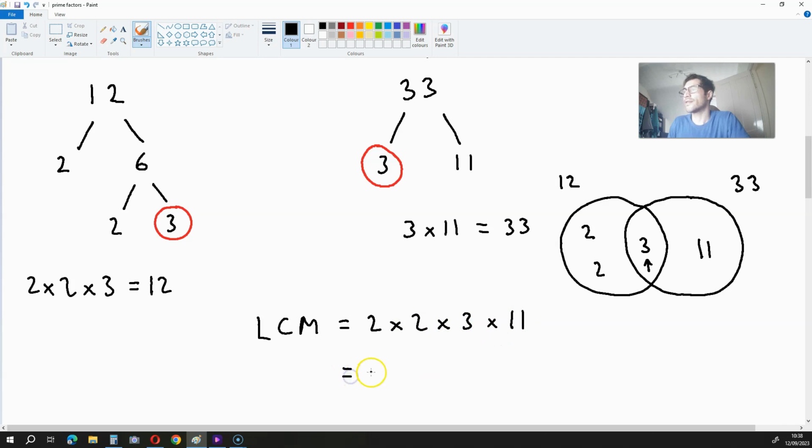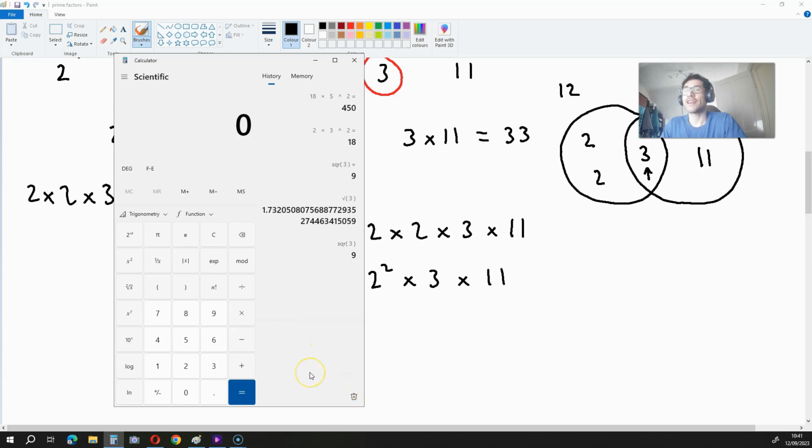And in index form, that is 2 squared times 3 times 11. Let's get the calculator out to check this result. We've got 2 squared, which is 4, times 3, which is 12, times 11. And that gives us